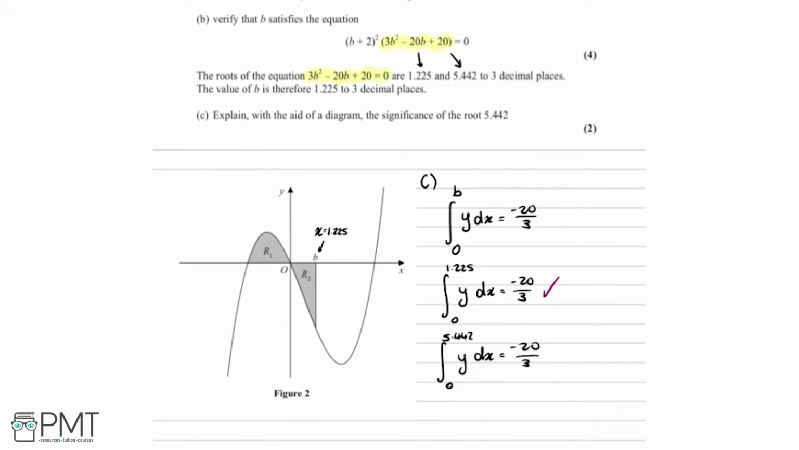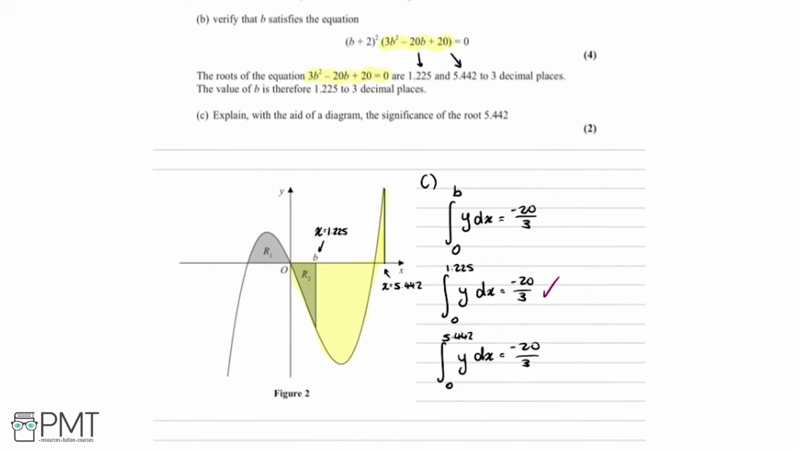So I'm going to roughly sketch on where 5.442 is. So that will be somewhere along here, so somewhere past this point, because we know this point is x equals 4. So this is x equals 5.442. So when we're integrating between 0 and 5.442, we've actually got a positive area here and a negative area here. And then when you combine them together, we turn out with minus 20 over 3. So I'm just going to shade this area to make it clearer. So we've got this yellow area here. So when we're integrating, because this area is positive and this area is negative,